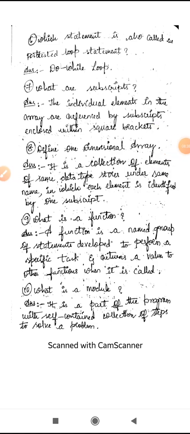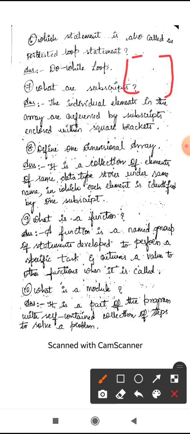So what are subscripts? So the individual elements in the arrays are referenced by using subscripts enclosed within a square brackets. See, in arrays chapter, you all might have gone through this square bracket. Is it right? So square bracket indicates it is a subscript.